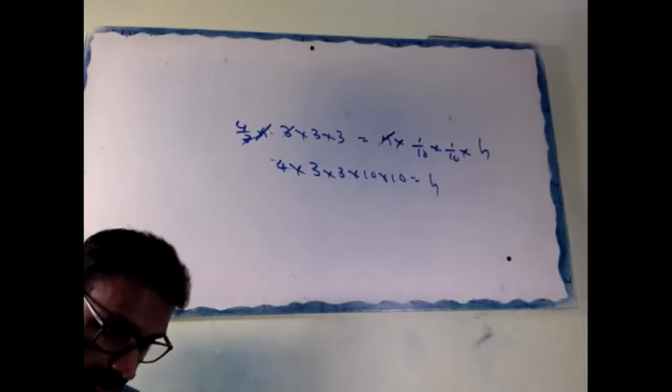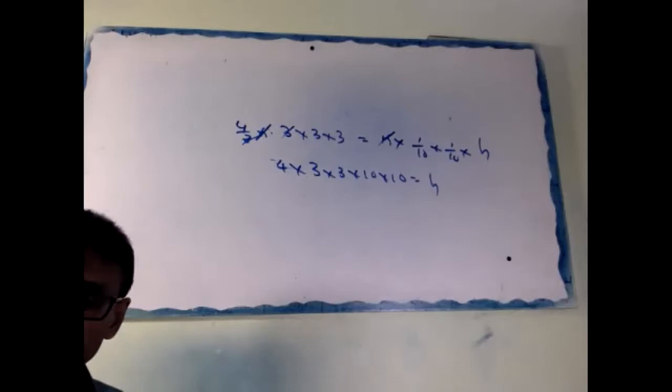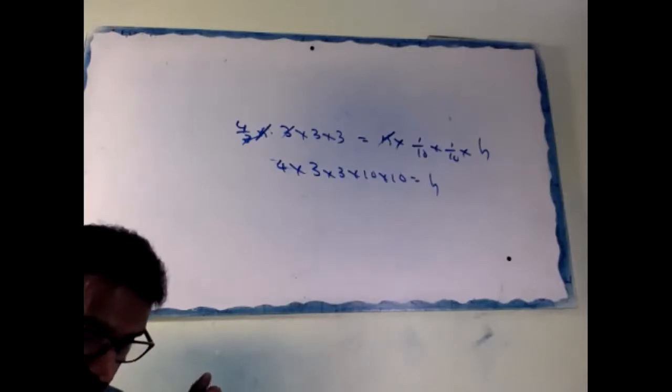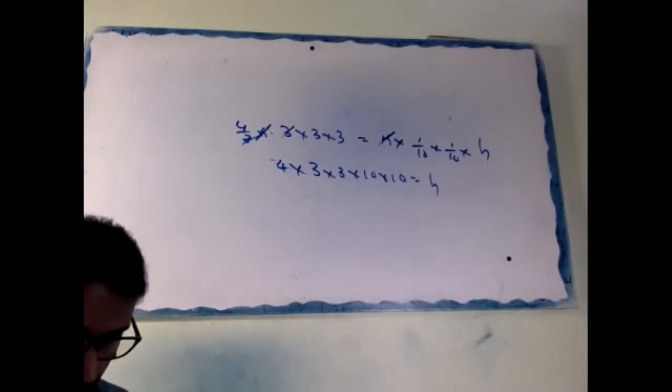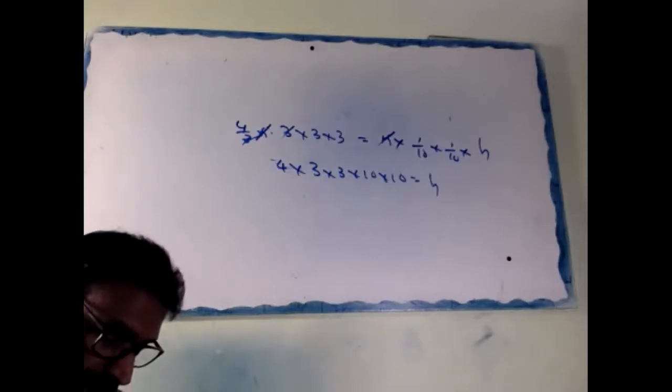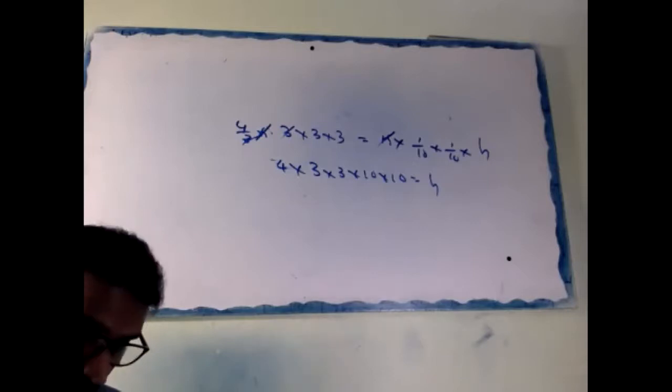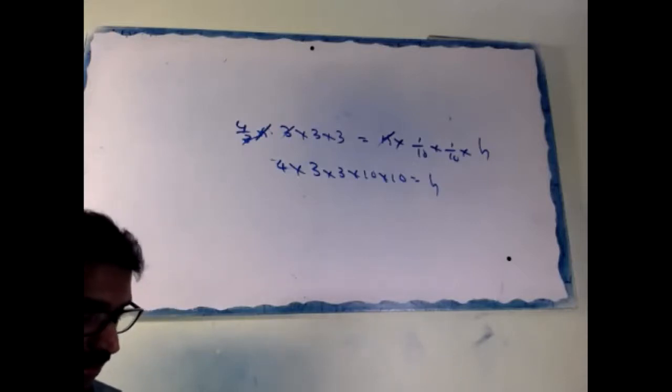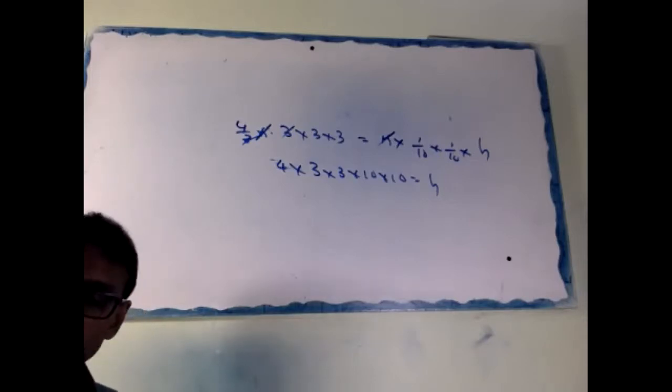Okay. The diameter of a metallic sphere is 6 centimeter. The sphere is melted and drawn into a wire of uniform cross section. Length of the wire is 36 meter. Find its radius. Okay. Do first.